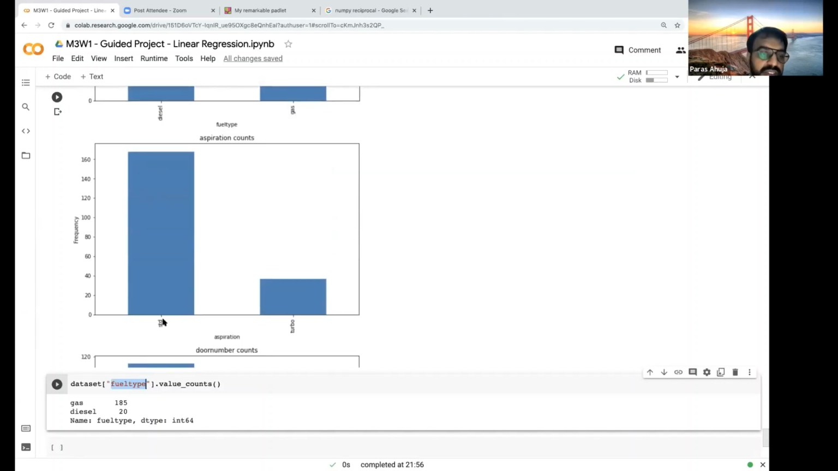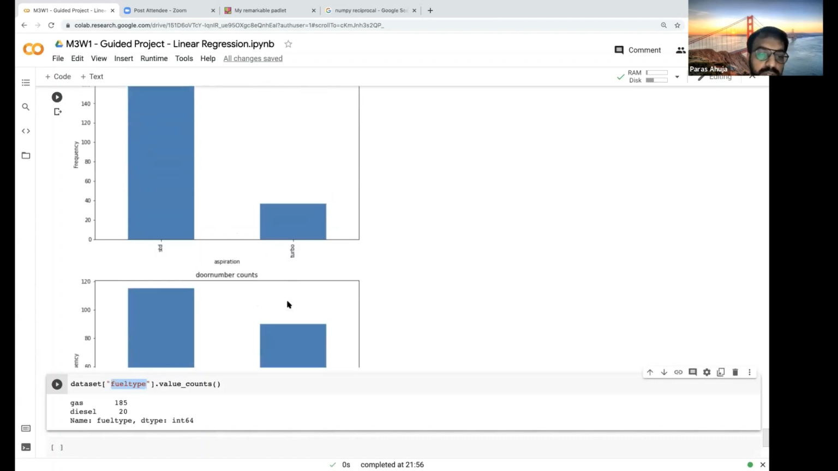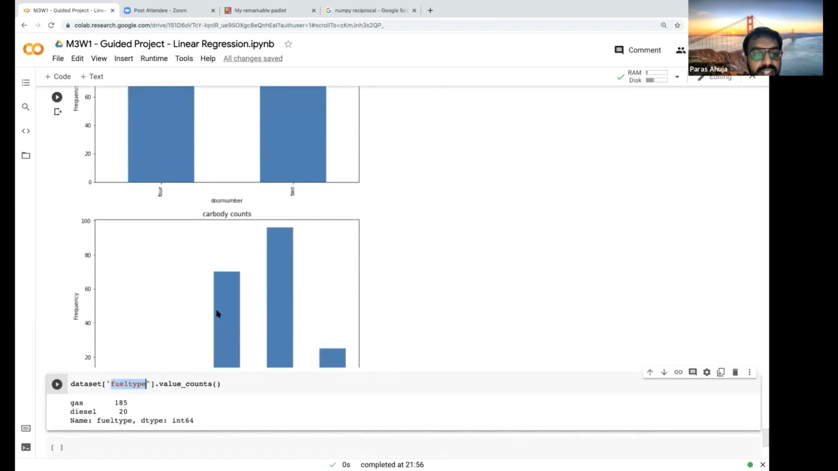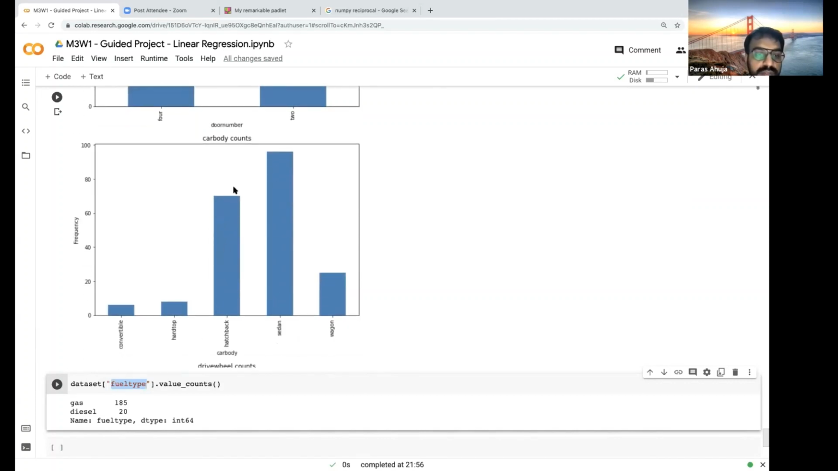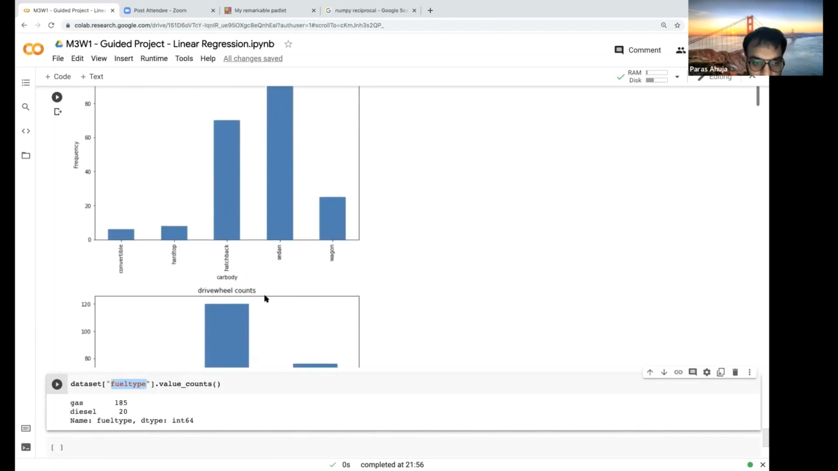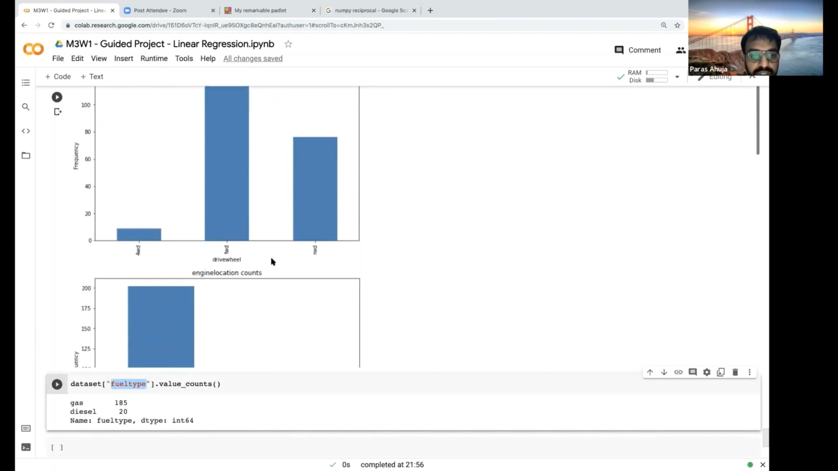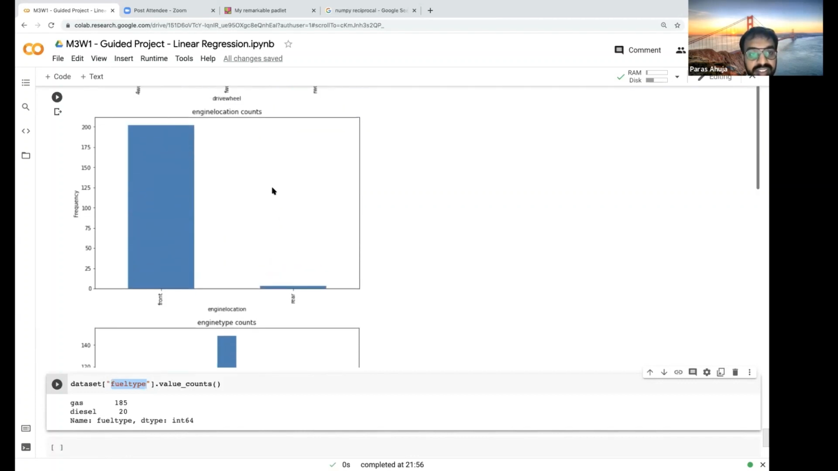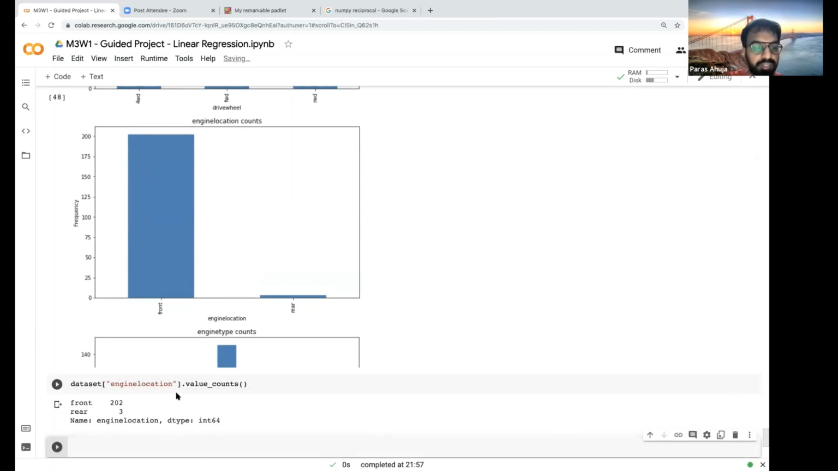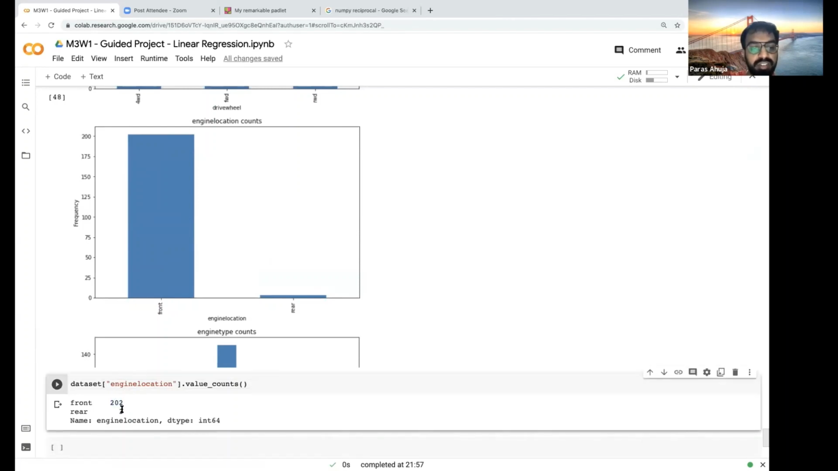Next comes aspiration counts. There are some domain specific things, standard and turbo, and door number counts, 4 doors and 2 doors. Then car body counts: wagon, sedan, hatchback and convertible. Then drive wheel counts. Now engine location is again something with very few values. One value, front, is very high, and rear was 3. So I'll remove this 3. I'll remove all the rows which have